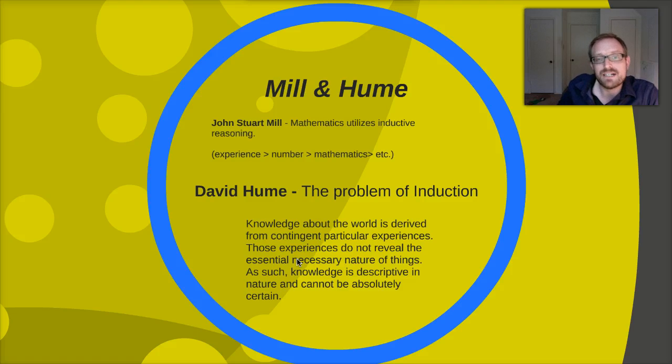Now the problem is, if mathematics is inductive and it falls prey to the problem of induction, that means that 2 plus 2 could equal 5 potentially someday in the future, an unimaginable future, but potentially nonetheless. Now, David Hume ultimately tries to get around this problem, and I think he probably does get around it by making the distinction between matters of fact and relations of ideas. But we won't go through all of that right now.